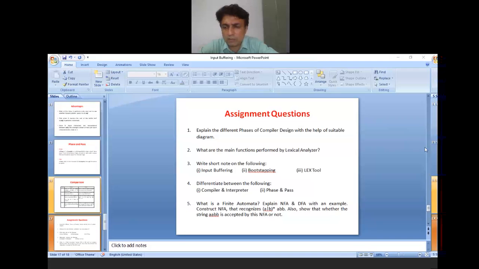Basically you need to write programs in the C language showing how tokens are identified, just like how keywords are identified in a C program and how identifiers are identified. I already gave it in your last class notes.